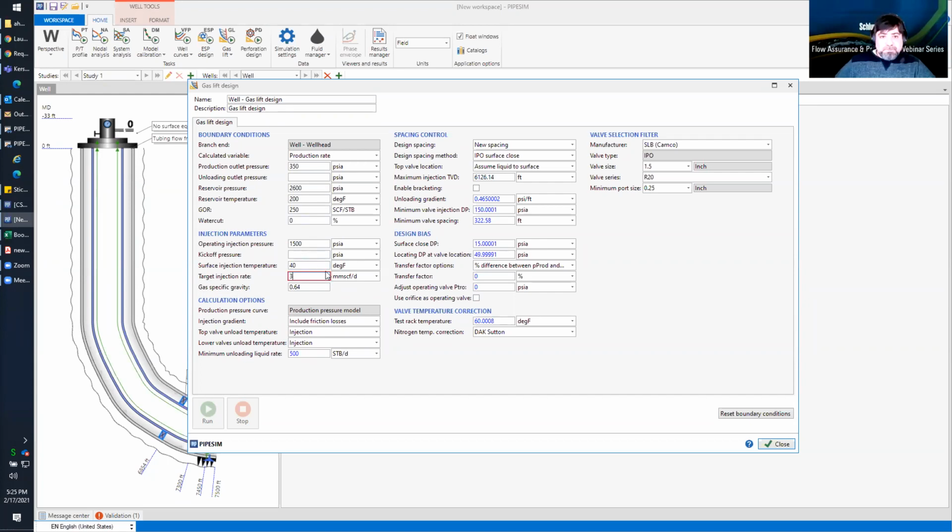And now this is the gas specific gravity. So now what do you want? What is the calculation options? Okay. Now the injection gradient, do we need to include friction losses or not? Usually we do. The top valve unloading temperature will be